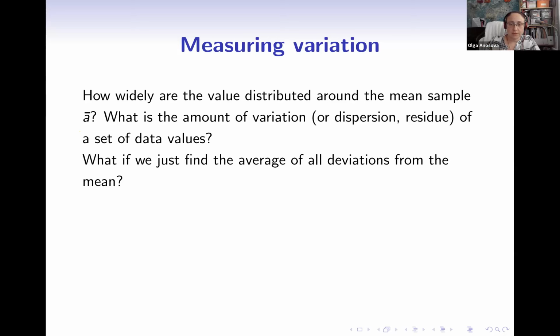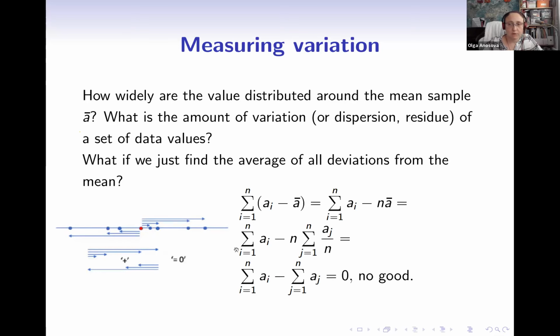And the question is, did it just happen? Is it a unique case because I took the numbers like that? But we can understand that, actually, no. By the definition of the sample mean, it's in the middle of our data set, which means that if we take the deviations in the way that I've suggested, just the differences between the numbers and the mean, then even before we take the average, when we just sum them up, they will always give us 0, which means that just taking the deviations from the mean is not very meaningful.